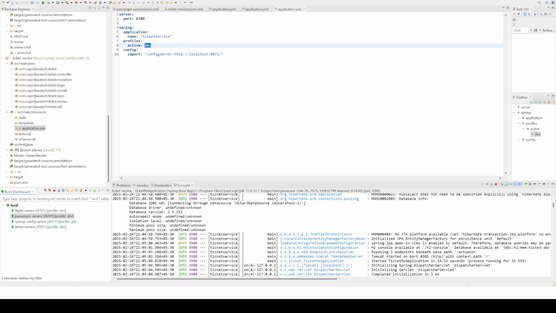Spring provides another option with the help of Spring Cloud Bus, and also we can add some queuing mechanism like RabbitMQ or Kafka, and allow a property change to get reflected with one single click. This option we will